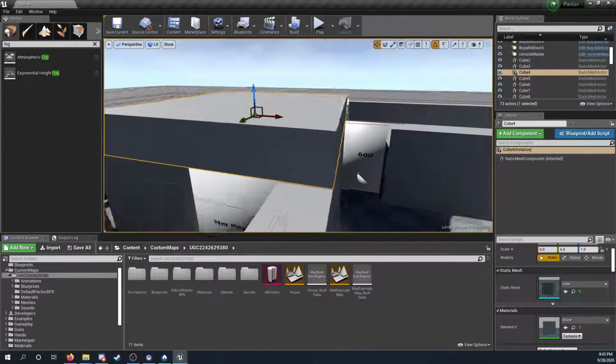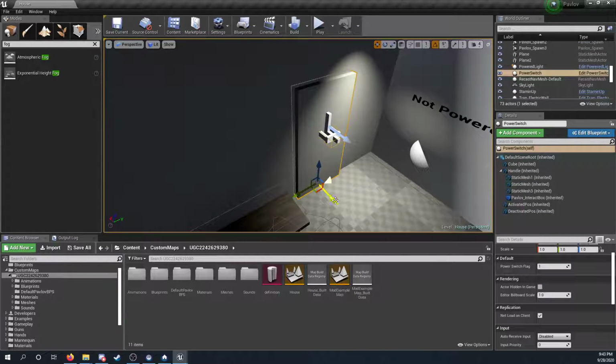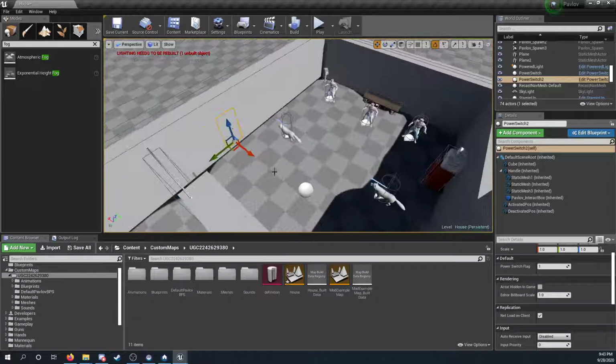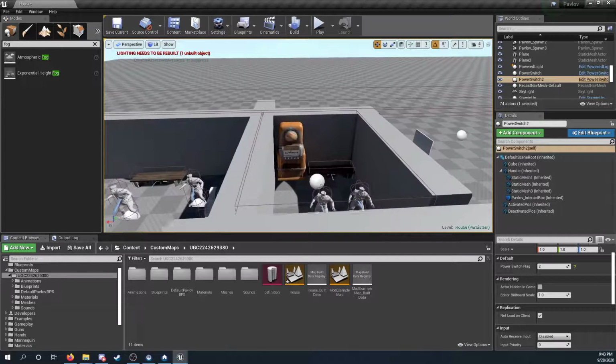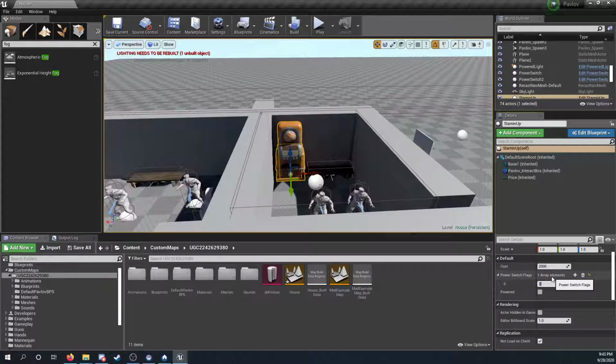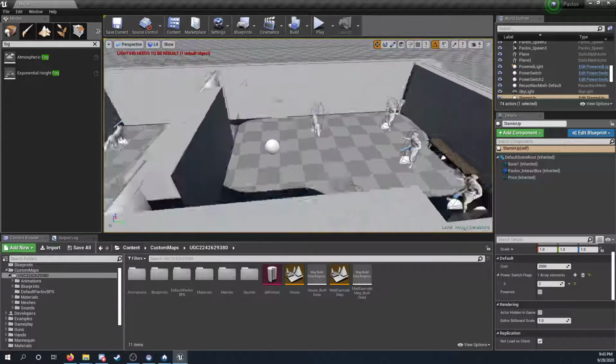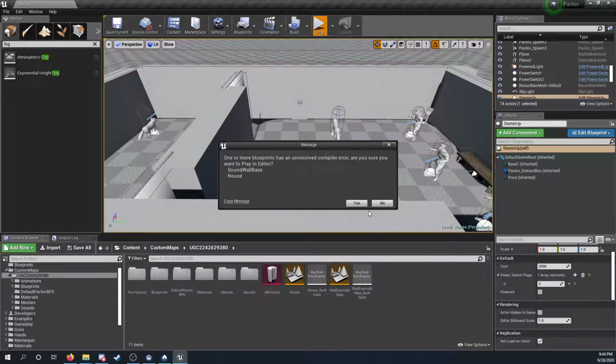You can have multiple power switches if you would like to. So I could create another one here. Make this one power switch flag 2 and make this one require power switch flag 2 instead. I'll build lighting so